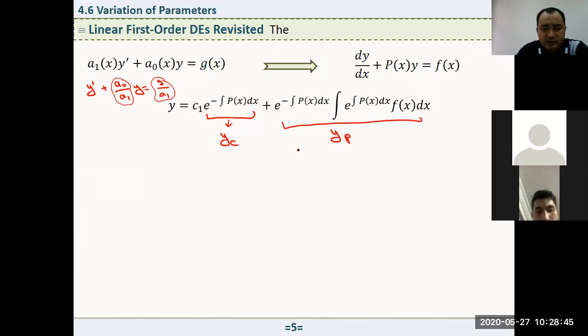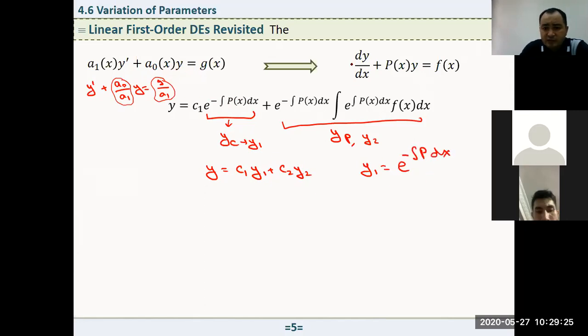Now, how do we get this in a different way? If I consider this as the first, y sub 1, and this one as y sub 2, then our solution is in this form, c sub 1 y1 plus c sub 2 y sub 2. But if you pay attention, this one is the solution of the associated homogeneous equation of this DE, right? Because if you substitute, for example, y sub 1 equal to e to the power minus integral p dx,